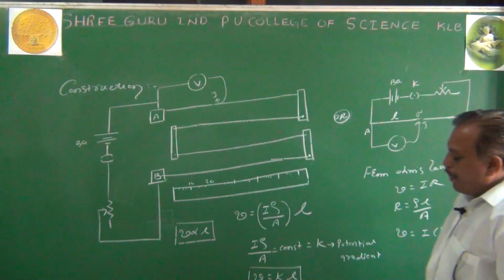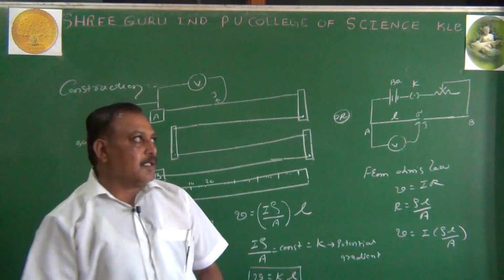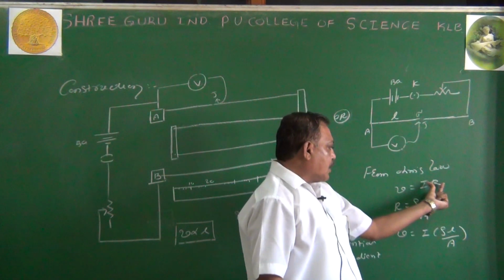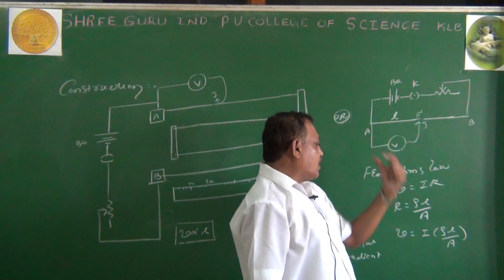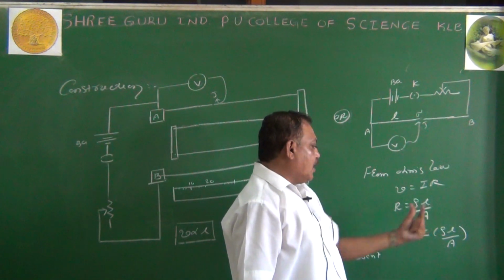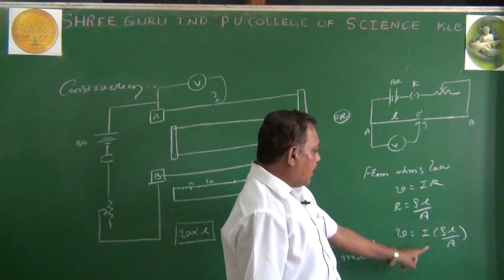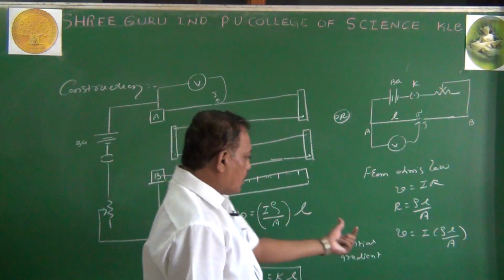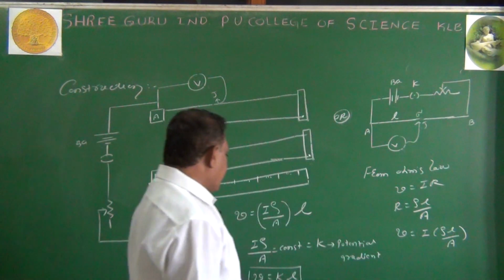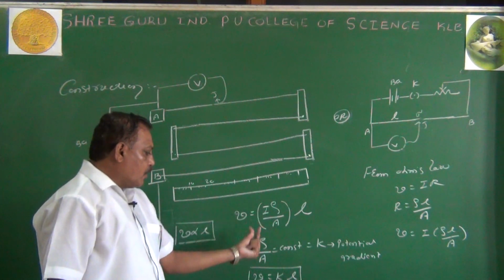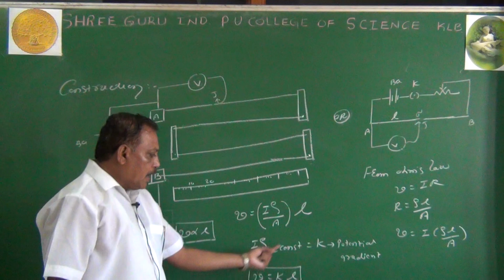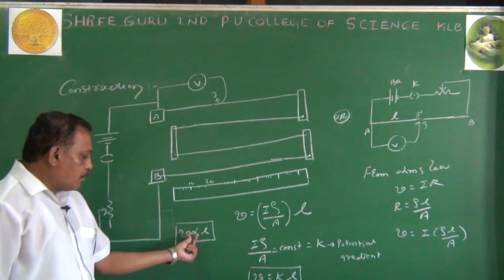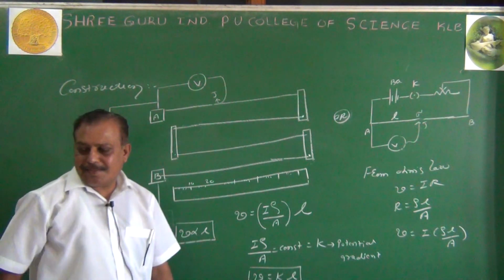Then I come across the principle V is directly proportional to L. So I go for Ohm's law, V equals to IR. R is nothing but, because we are using a wire of particular resistivity and length and uniform cross-section area, R equals to rho L divided by A. By substituting this, now these factors are constant. What are the constant factors here? Constant current is passing through the wire of uniform cross-section area. This complete term is constant. That constant K is nothing but potential gradient. And if I remove the equals to and K, then it becomes proportionality, V is directly proportional to L.